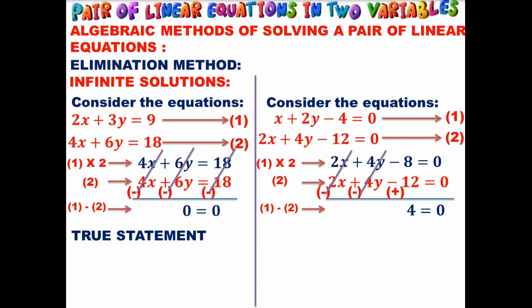By using the elimination method, you can eliminate any one variable from the given two equations, so that we get an equation in one variable, which is very easy to solve, and we directly get the value of that variable. Substitute in any one of the equations and get the value of the other variable also. So this is about the elimination method. Hope you all understand. Thank you.